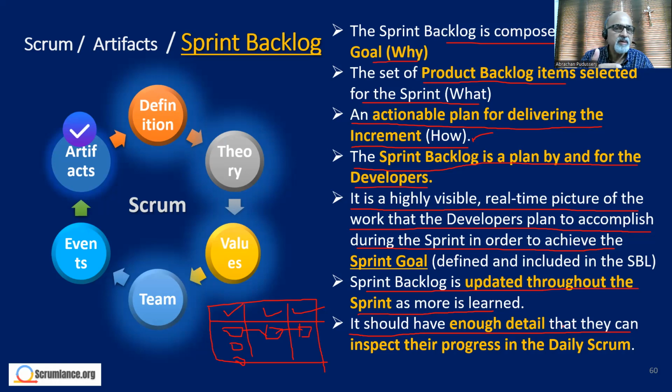That means whenever somebody has a doubt about the functionality, that Q&A gets captured in the conversations. And towards the end, there is a set of acceptance criteria, or the definition of done, also defined as part of the user story. So the complete thing put together, it becomes